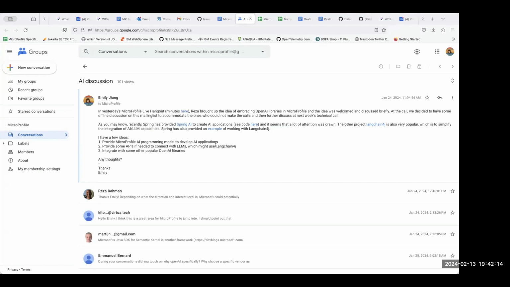Some runtimes might choose OpenAI, but for IBM we would probably use watsonx, all these kinds of things. This is my personal thought. I'm wondering what others think. Let's open this up for conversation.